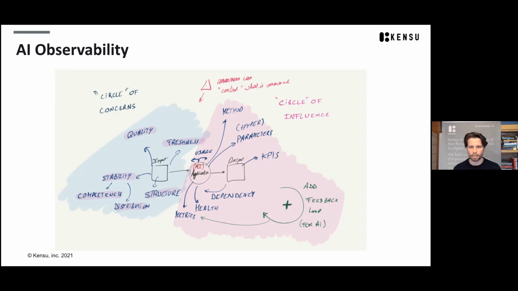Also from the outside, from the output perspective, you want to check some KPIs, which are a little bit different than the stability. It's more like what I expect the data to look like, what I expect the data to be in a way, my KPIs. And then, of course, what are the dependencies between my output and the inputs?